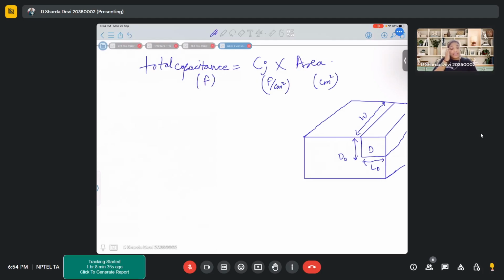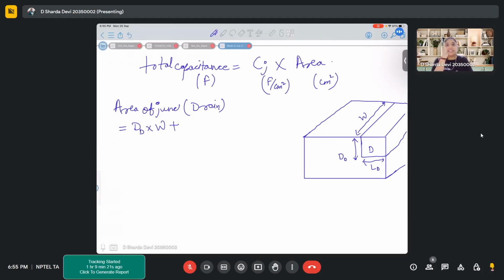For a cuboid, if we know the three dimensions, we can write the area, right? So now what are the surfaces at which you will see your junction appearing? If we want to calculate the area of junction, to be specific, drain junction, what is the area? First of all, this surface, that is into the plane, which consists of your depth and width of the transistor, right? So area will be DD into W plus,